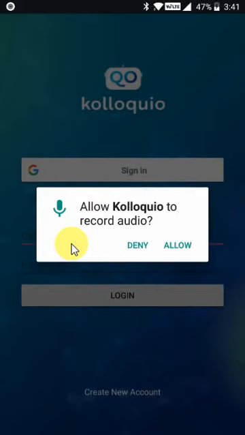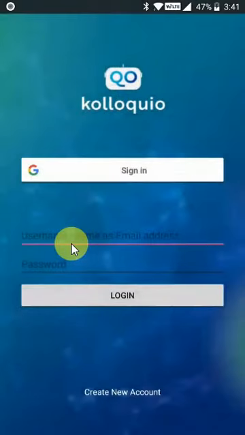Once it's installed, click on launch. The first thing that it asks you is to allow record audio. Now that's important because this is a voice based assessment, so you will be doing a lot of talking with the app, so you need to allow the permission. Once you have done that,